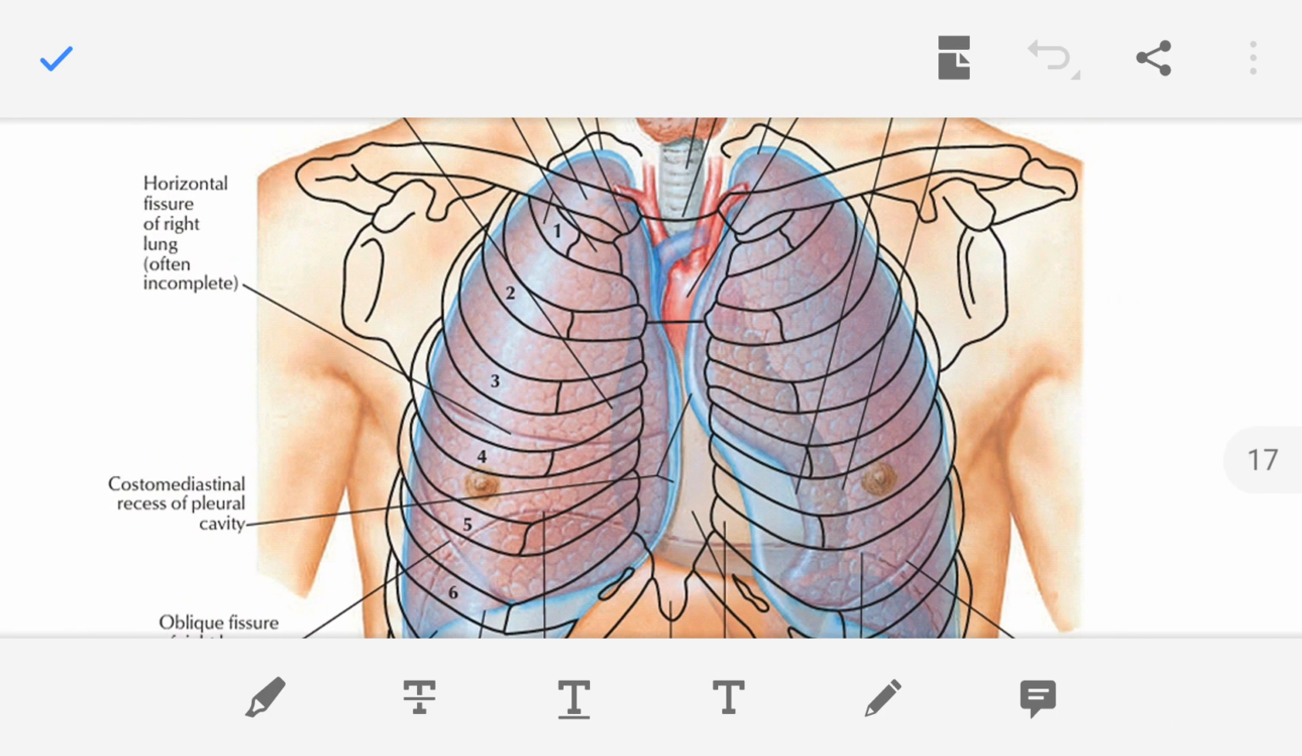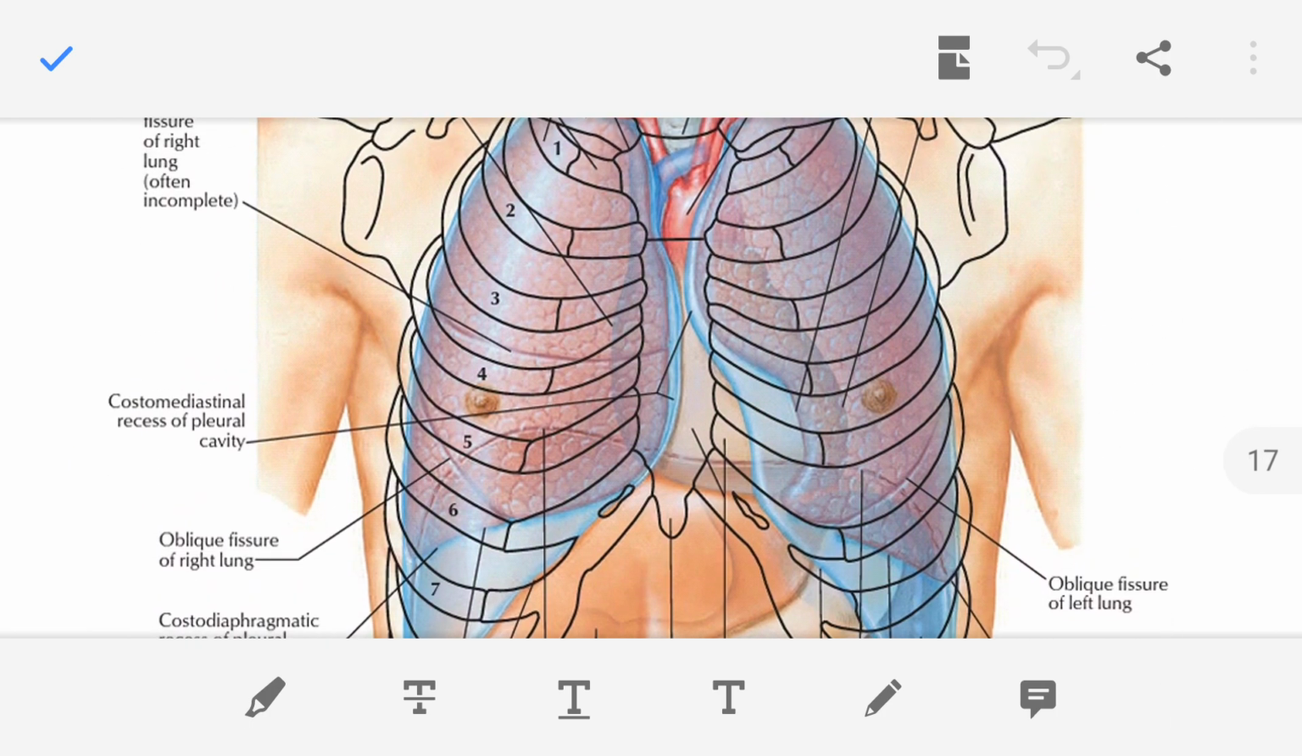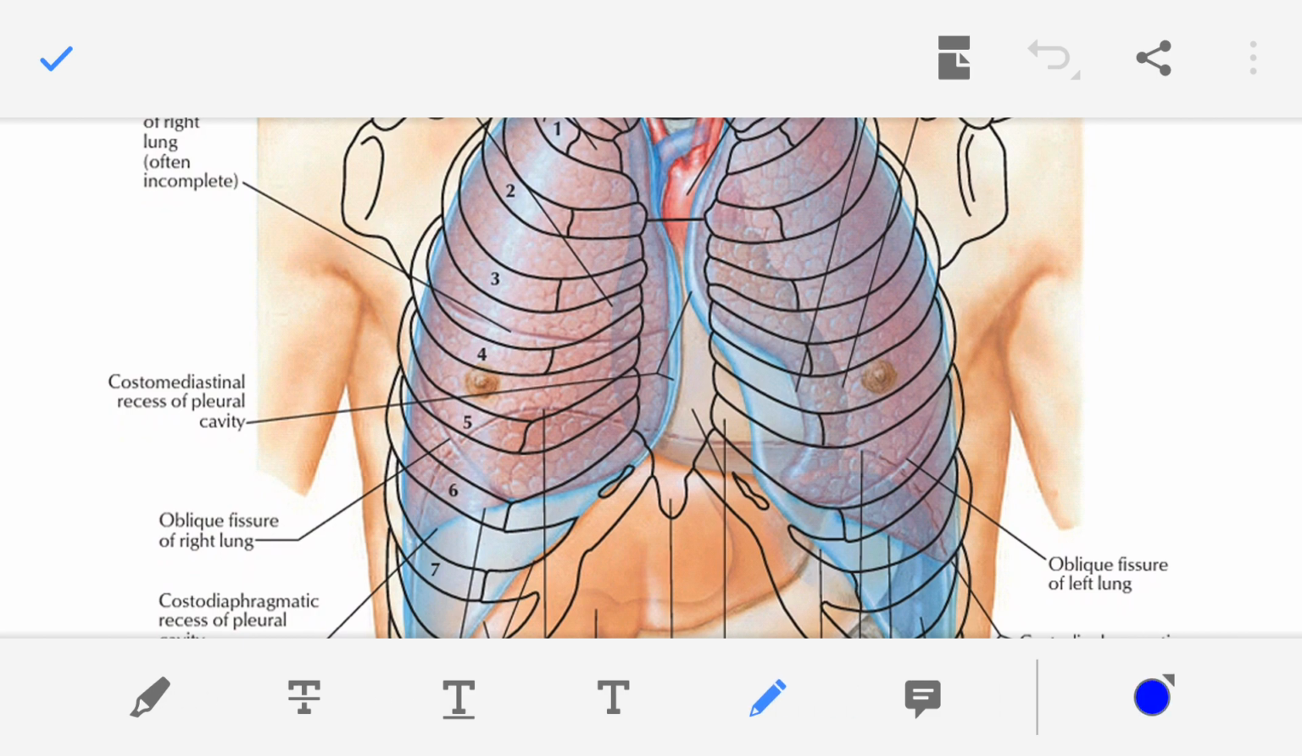So here you see these are the ribs, 1 2 3 4 5, and this one is the sixth rib, and this one is the costal cartilage of the sixth rib. At the point of this costal cartilage you see on the back side, this is the base, and here also this is the base. So the base is present towards the costal cartilage in the anterior view,